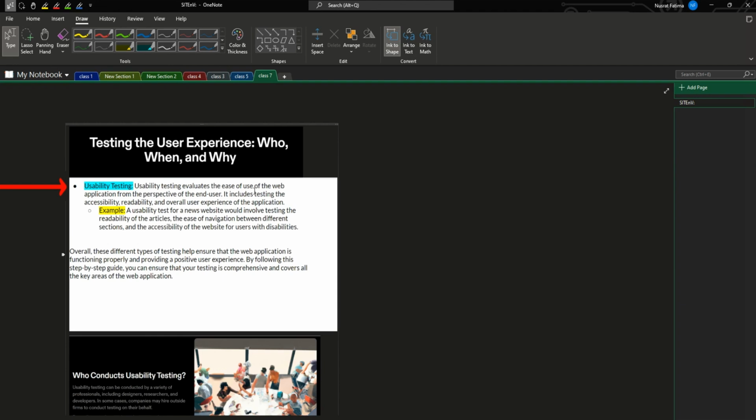All right. A usability test for a news website would involve testing the readability of the articles, the ease of navigation between different sections, and the accessibility of the website for users with disabilities. Overall, these different types of testing help ensure that the web application is functioning properly and providing a positive user